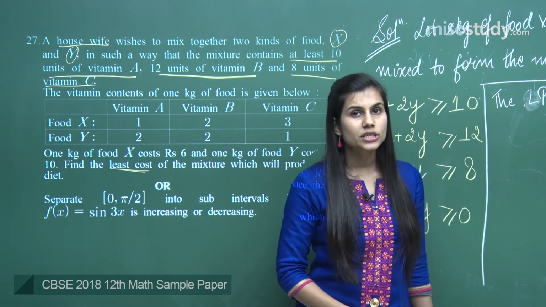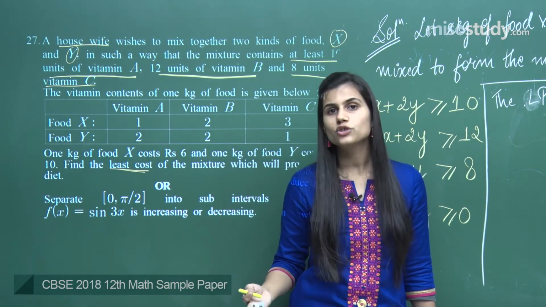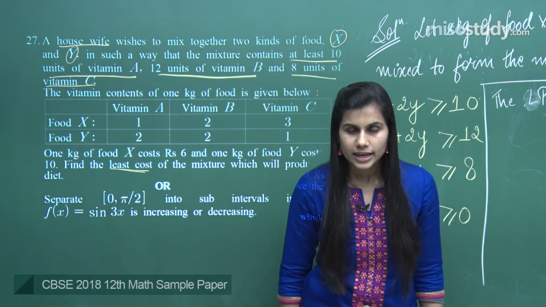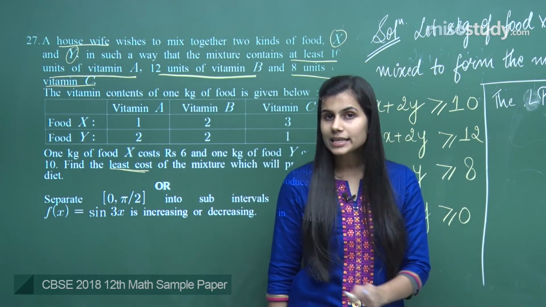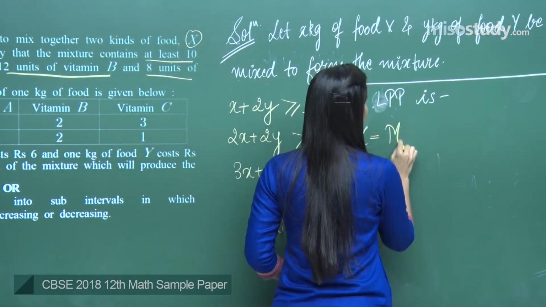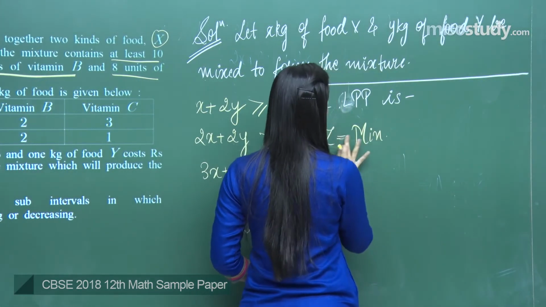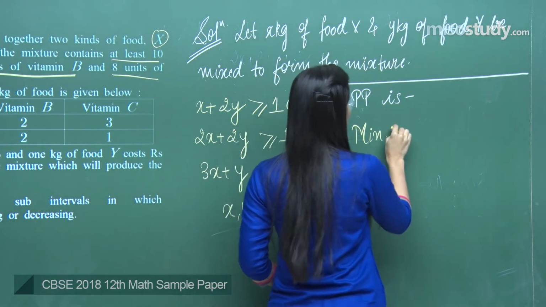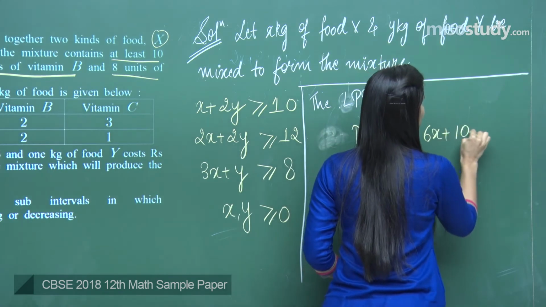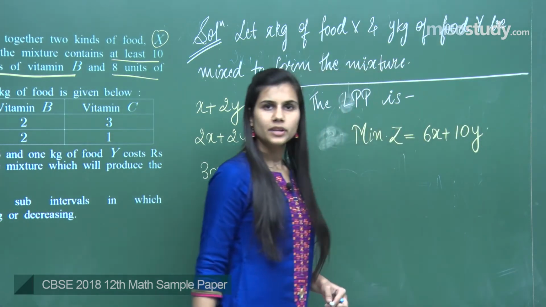So, X kgs of food X and Y kgs of food Y cost rupees 6X plus 10Y. And my aim is to minimize this cost. So, basically my objective function is to minimize Z, which is equal to 6X plus 10Y,